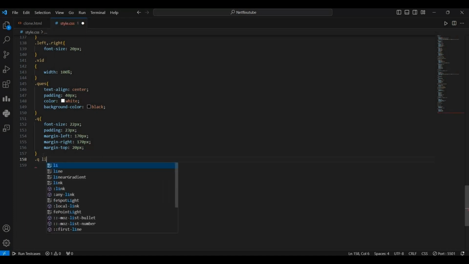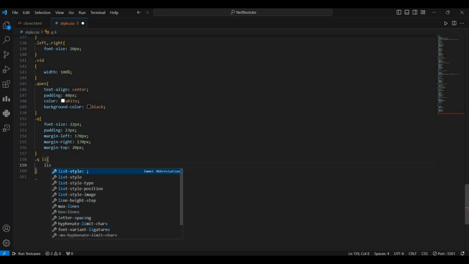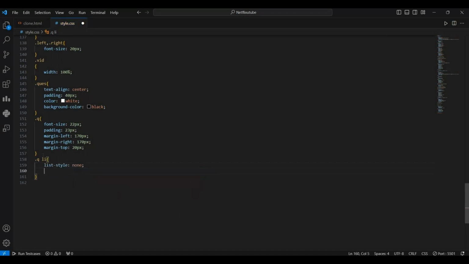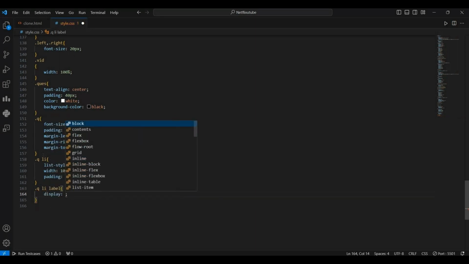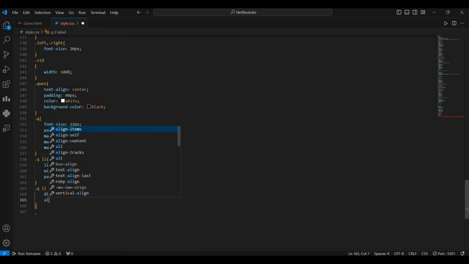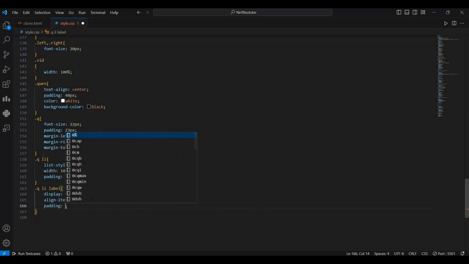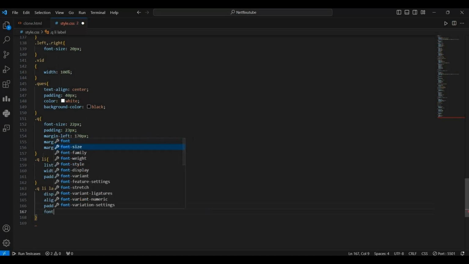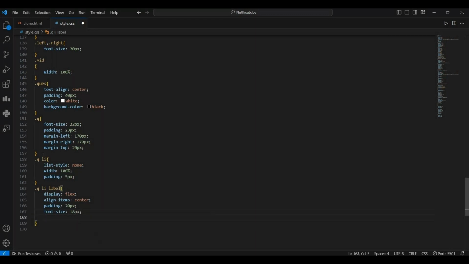So now what we are doing, it is to style the labels now. In the Q part, we take the list first. So the list style is none. And we take the width of the list 100%, and then the padding will be 5 pixel. After that, we design the li labels, and in the labels we display it as flex, and then we align our items in the center, and the padding will be 20 pixel. Then font size 18 pixel is good. Font weight, just remove the font weight,